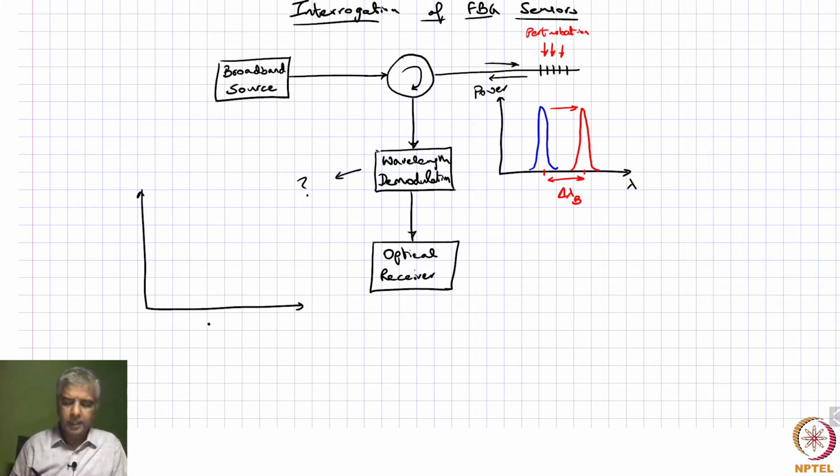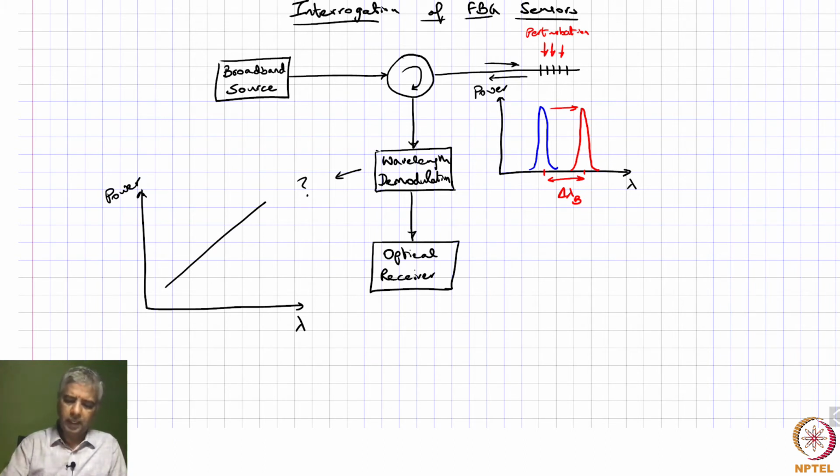Ideally, if there is any change in the Bragg wavelength, we are trying to get this delta lambda B. So if there is any change in the Bragg wavelength, we want a corresponding change in the intensity of the light, or the power, incident on this optical receiver. And we would like this to be a linear response if possible. So we want something like this,